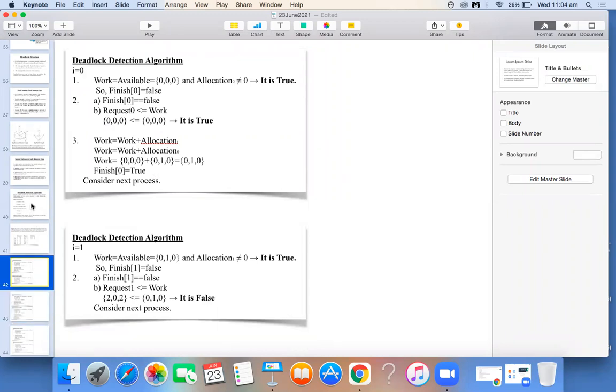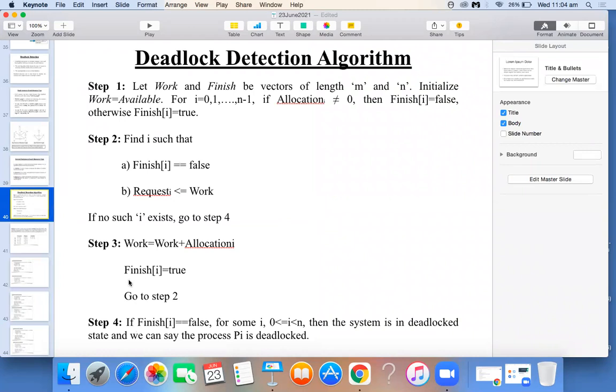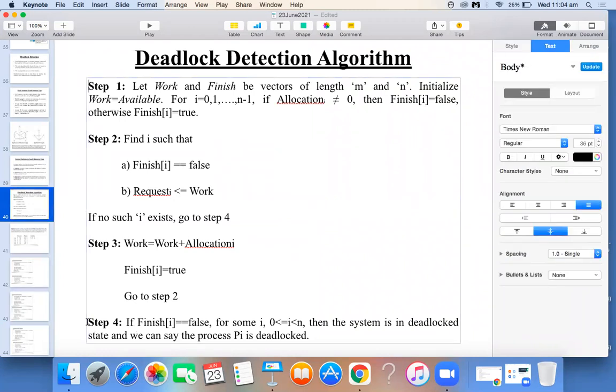Okay. So what is your last step in your deadlock detection algorithm? What is it saying? What is the last step? If finish of i is equal to false, we are checking that. Is any process not completed in our problem? No, sir. So what does this indicate? It indicates our system has not encountered any deadlock. So there is no deadlock detected in our system. That is the answer you have to write.